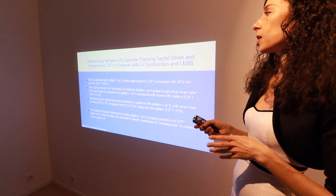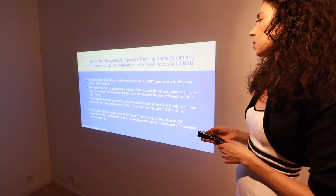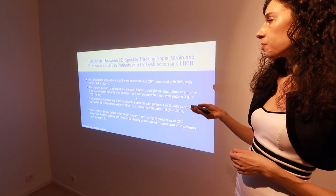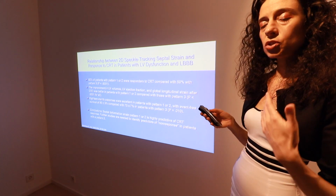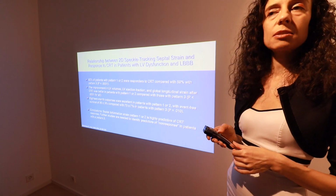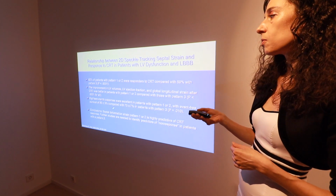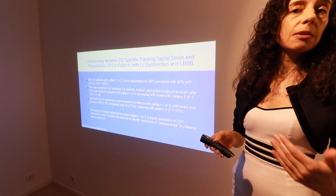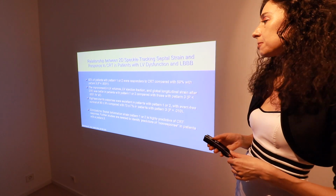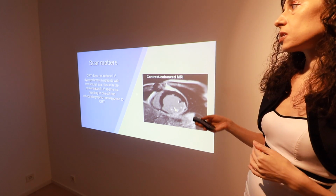So 92% of the patients of pattern 1 and 2 have been responders to CRT, while only 59% with pattern 3 have been responders. LV volumes, ejection fractions, and GLS respond more favorably when the LBB pattern has been 1 or 2 and less favorably when it has been pattern 3. Also event-free survival is 95% in patterns 1 and 2 and 75% in pattern 3. Of course, scar is also a thing that matters a lot, so